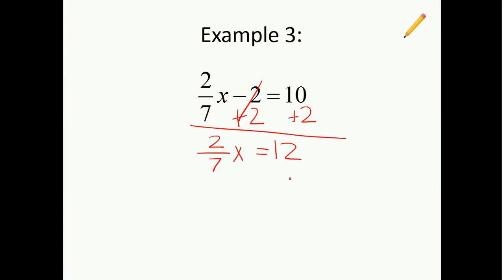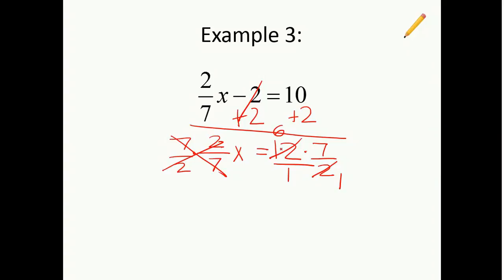That's 12. Now, what am I going to do with that 2/7? Well, I'm going to divide by 2/7, which is the same as multiplying by his reciprocal, or 7/2, right? So I'm going to multiply both sides by 7/2. Now, got to multiply our fractions here. It looks like I cross cancel, right? 2 can become a 1, 12 can become a 6, because 12 divided by 2 is 6, and 2 divided